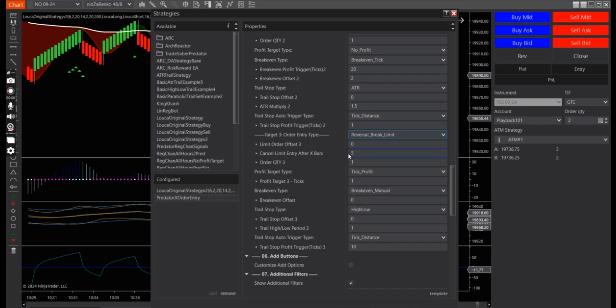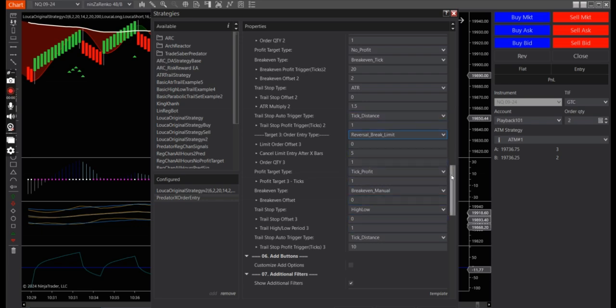And let's say after 5 bars it doesn't reverse, then it would just cancel out. So I have these parameters here. This was in part 2. Remember, I made a profit of 1,300, and part 1 was 1,200. So it did improve